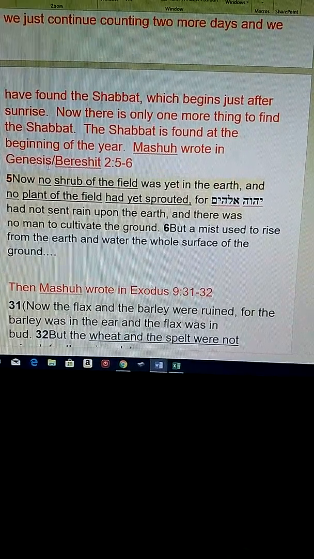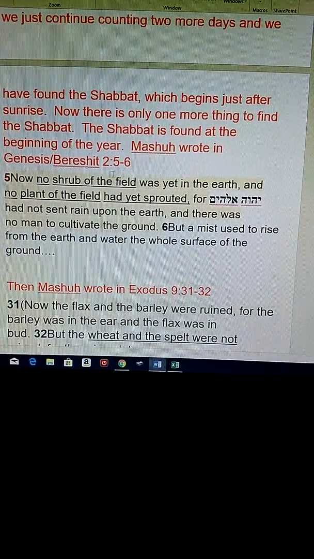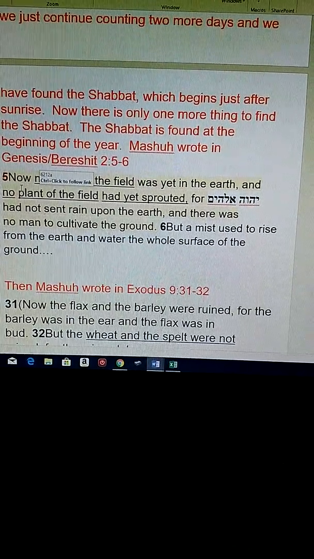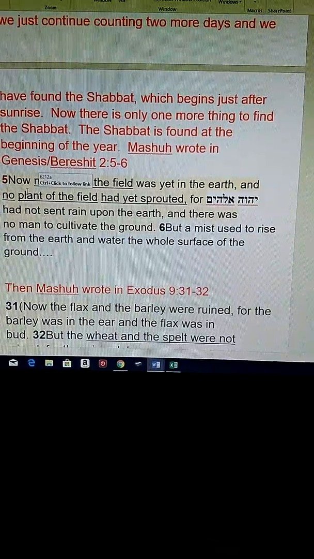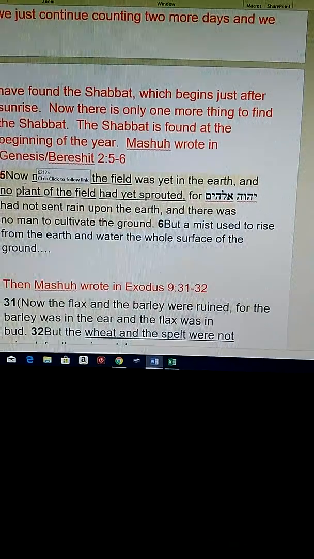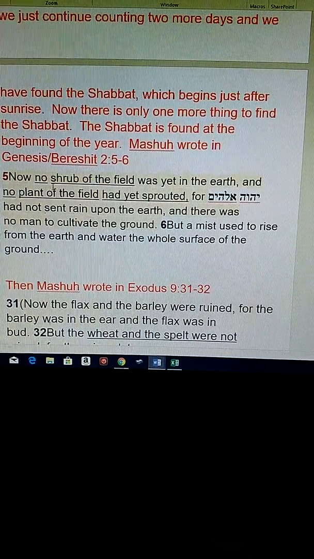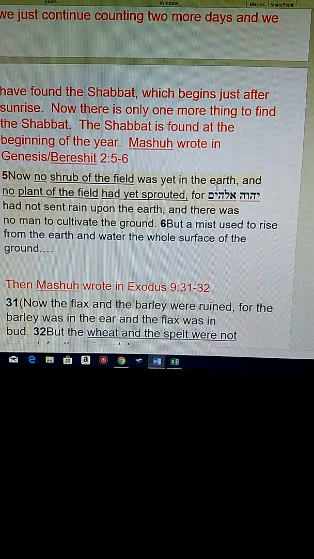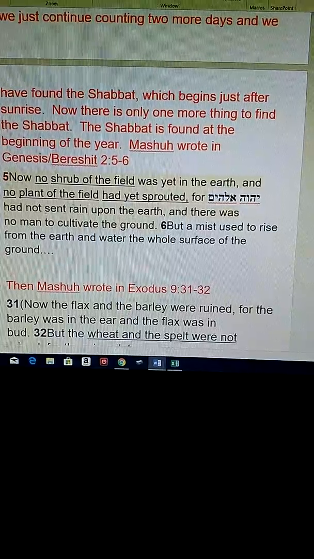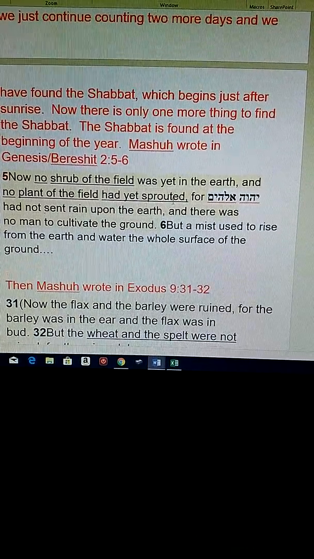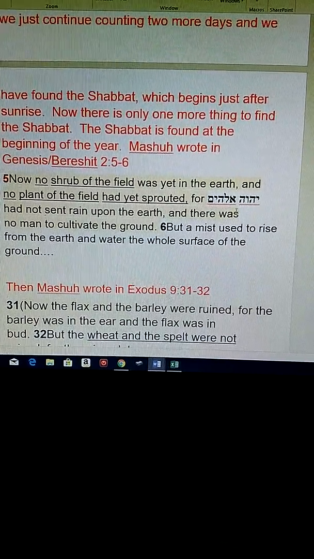Moses wrote in Bereshit Genesis chapter 2, verses 5 and 6, in reference to what part of the year he was talking about. It says, "Now no shrub of the field was yet in the earth, and no plant of the field had yet sprouted, for Yahuwah Elohim had"